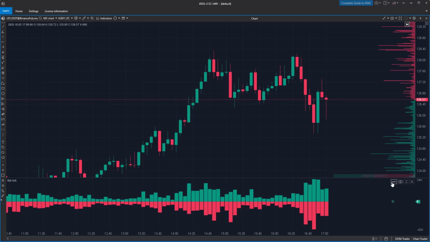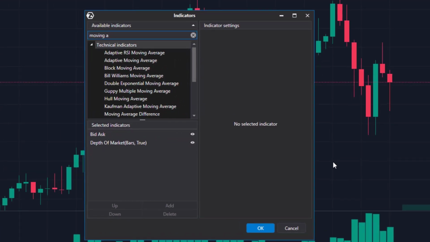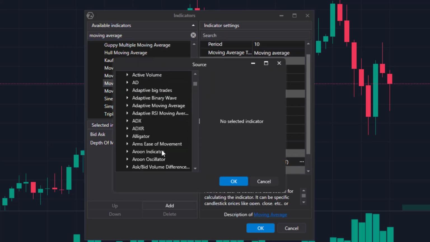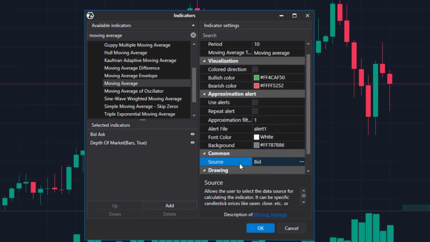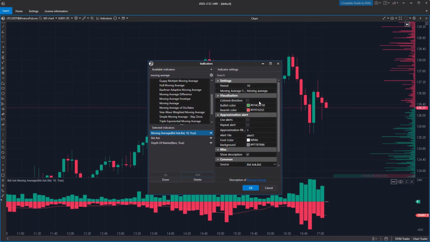Now, let's look at the settings for the bid-ask indicator. In fact, there aren't any. This is because the bid-ask indicator displays raw, unprocessed data directly from the exchange. In other words, it's pure market statistics. The only thing you can customize is the color scheme. If you want to include a moving average, you can add a separate moving average indicator. Just set bid or ask from the bid-ask indicator as the data source and select the same panel where the